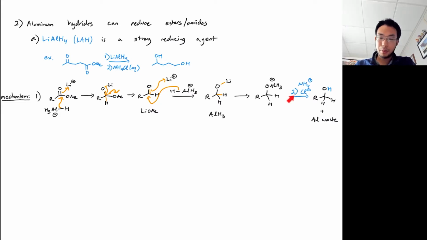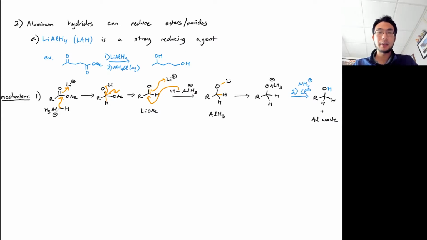And so that step 2 is when I, as the experimentalist, go in and add an aqueous solution of NH4Cl, which is essentially NH3 and HCl, so it's a mild acid source. And this goes ahead and protonates and gets me my alcohol and a bunch of aluminum waste. So if you ever have to run one of these reactions, dealing with the aluminum waste is actually the hard part of this reaction. And so naturally you should ask the question, well, if LAH is such a strong reducing